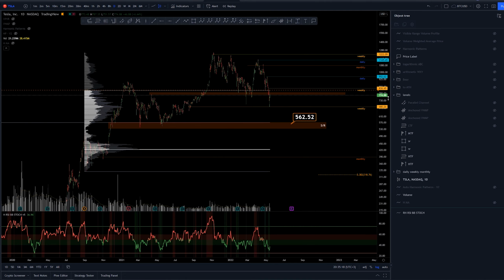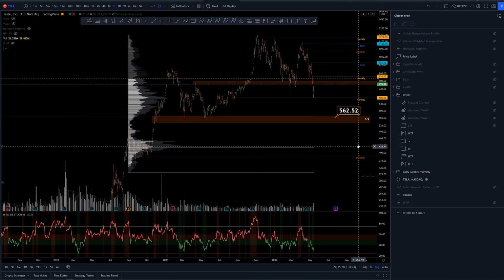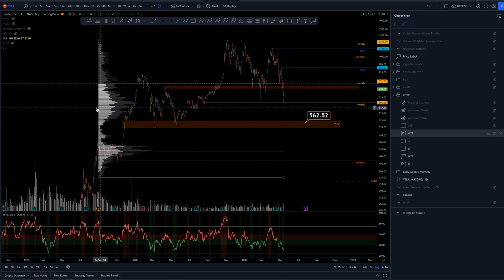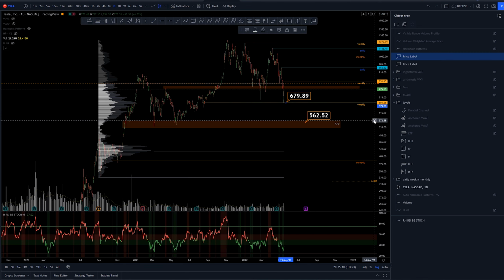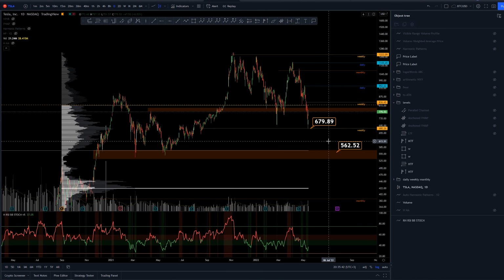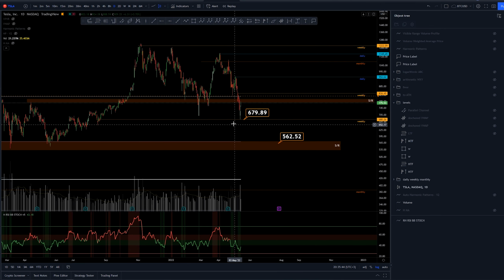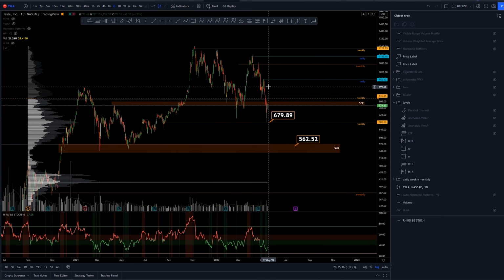So on medium time frame, this is basically what we can see. Point of control all the way down at 420. There's nothing else currently here. The only interesting part again is the current weekly that we just bounced off of, and the high volume node it had. So basically this area was a good place to long. I managed to catch my long there as well. I'm still on my short,